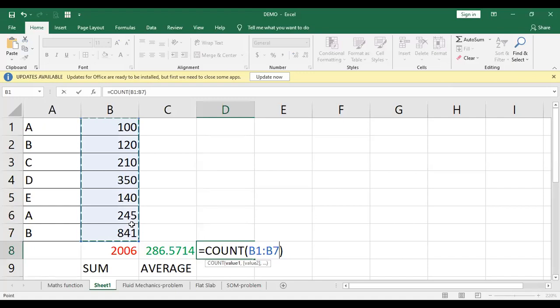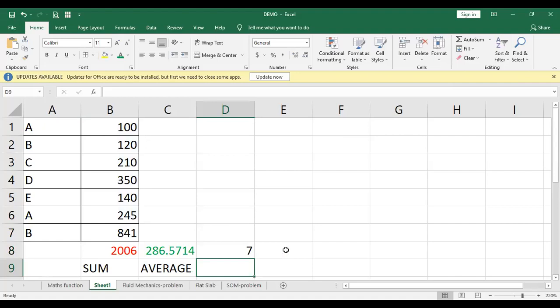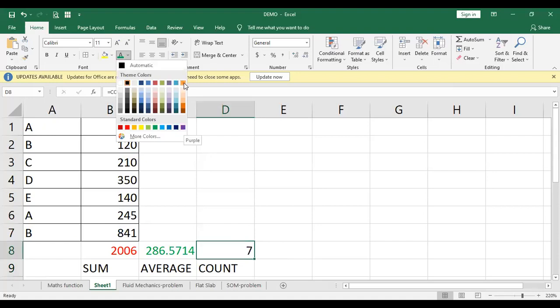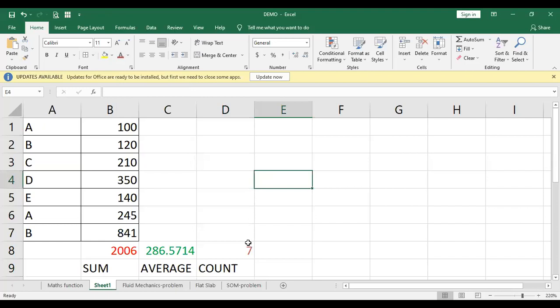The same way, just like sum and average, these functions are almost the same. Do the same and press enter. So this is the sum, this is average, and then count. I can simply write here count, and then give it a different color. So that's how this count option is possible.